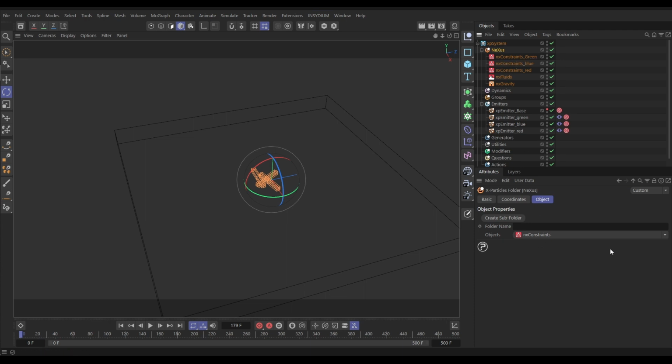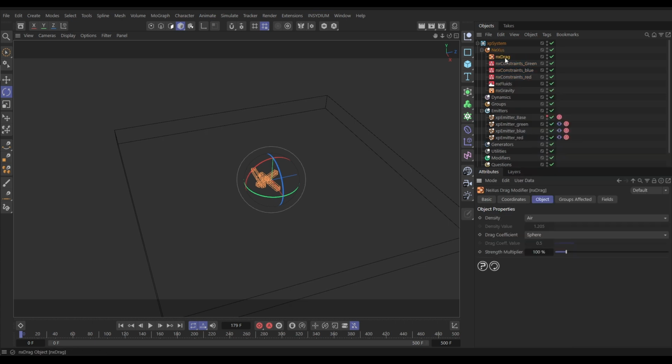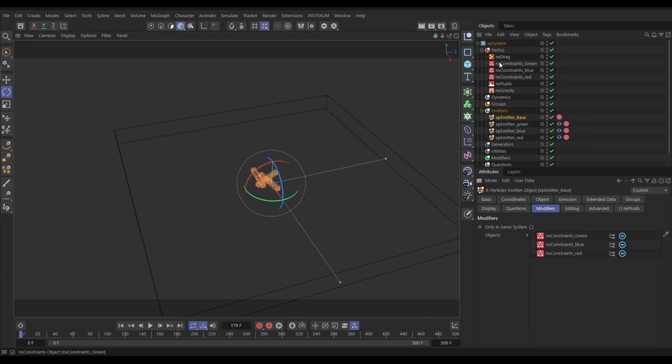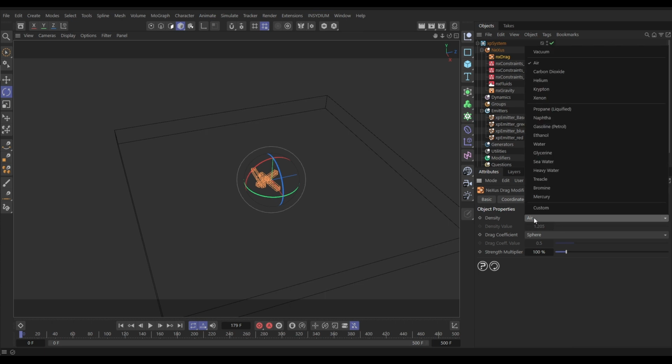So let's go to our objects. We're going to bring in an NX drag. Now we don't want this to affect our base particles, the base ones that we're not looking at. So let's go to those modifiers and drag in this drag so it's not going to affect those. All right. Now we can go to our NX drag, and by default the density is set to air. This is the liquid or gas that our particles are traveling through. Air isn't that dense, so it's not going to have that much of an effect. Let's put something